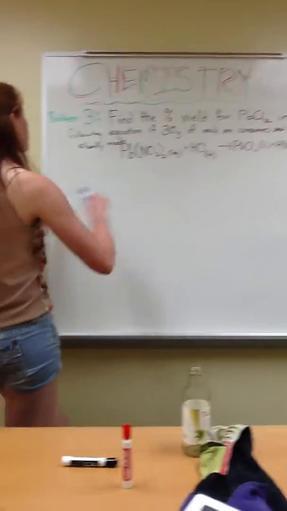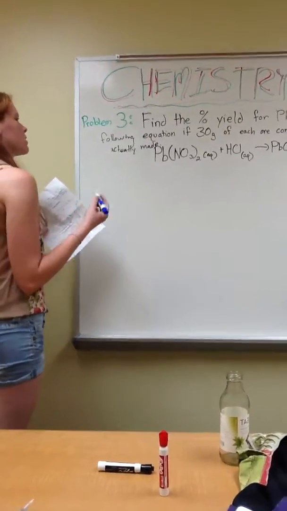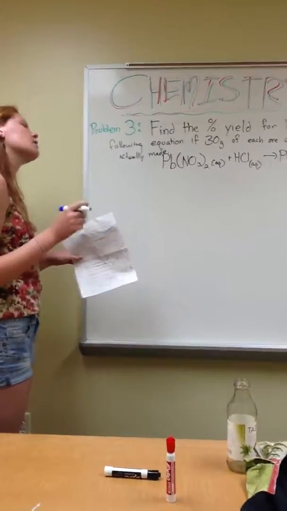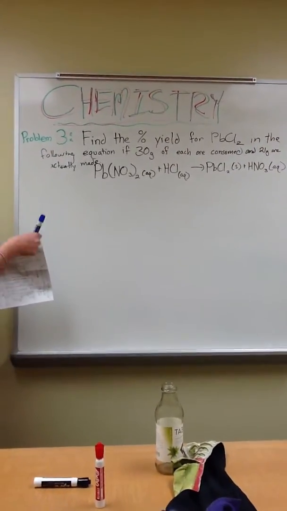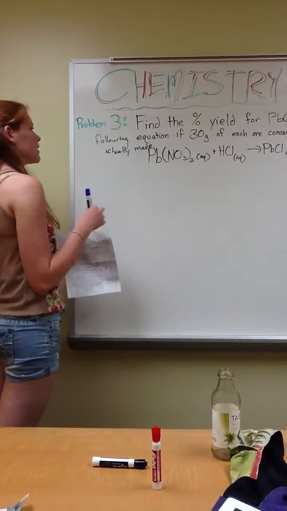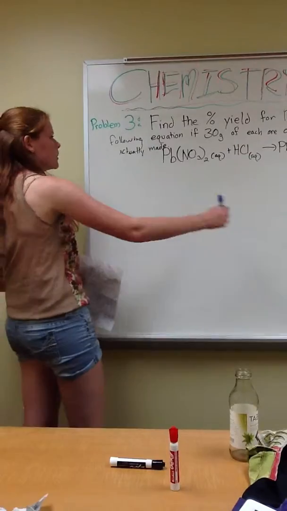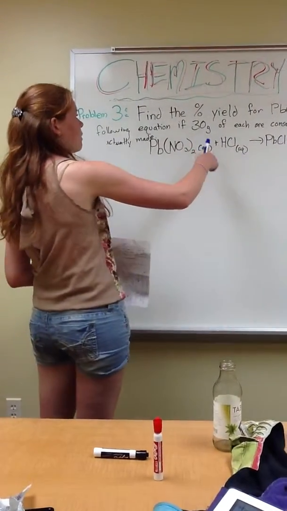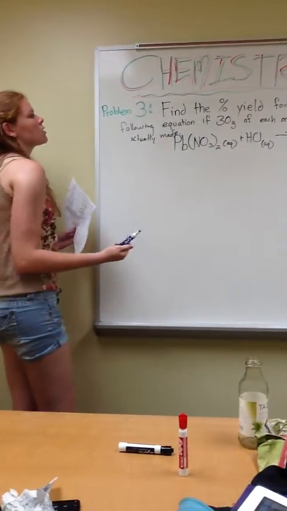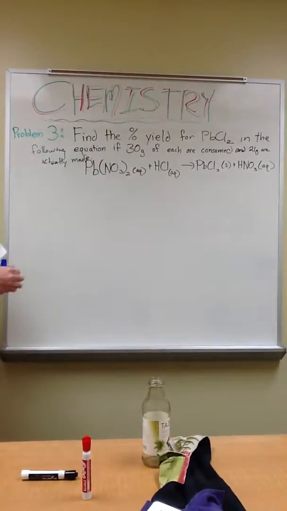So for problem 3, chapter 3, I chose to do percent yield and limiting reactant. Basically for any percent yield problem, if they don't give you the limiting reactant, you're going to need to find it for the problem. So we'll be doing limiting reactant as we solve for the percent yield. So the question I have here is find the percent yield for